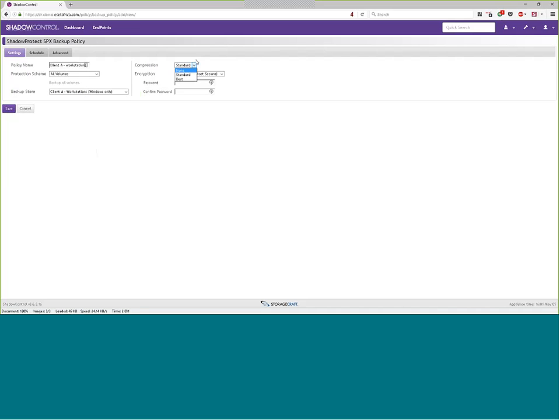You can apply a particular level of compression. An important thing to note here is that standard compression typically saves you about 40% in terms of data or storage utilization, whereas the high or best compression method can typically save you about 50%. But it's important to note that compression is obviously a CPU-intensive task, and as a result, you may need to use this at your discretion, because it might not be the best idea on a server that is always very busy in terms of CPU utilization, because it might bog down the server.